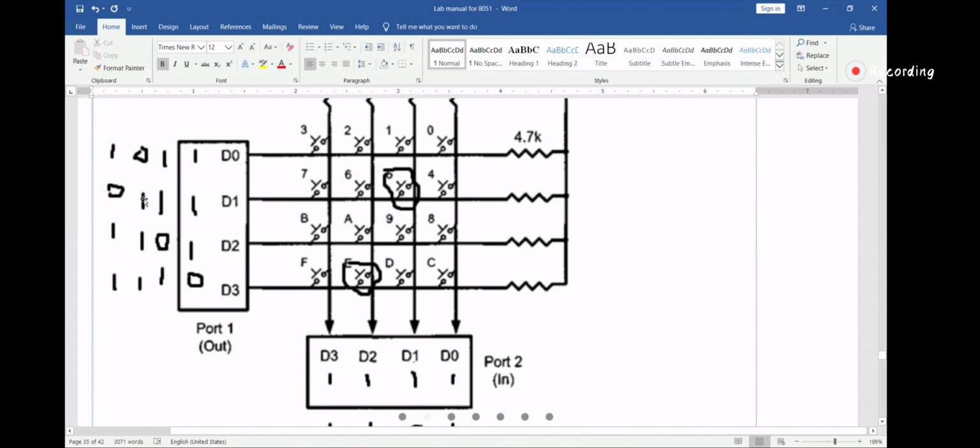First I'll give 0 1 1 1, then I'll give 1 0 1 1, then I'll give 1 1 0 1, then I'll give 1 1 1 0, and I'll check which particular key is pressed.